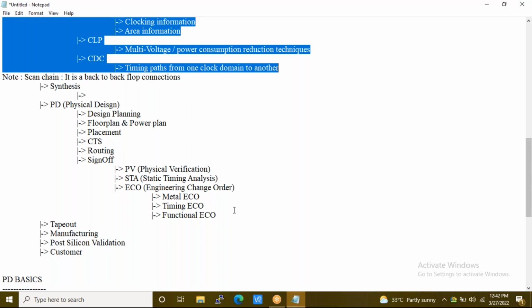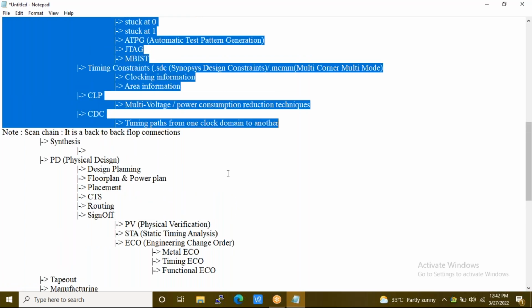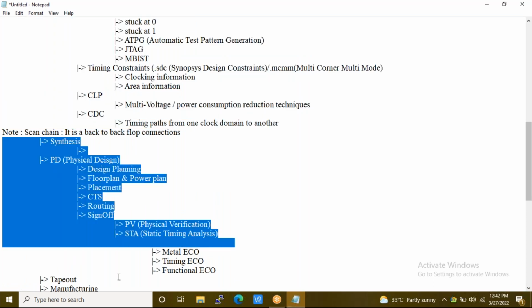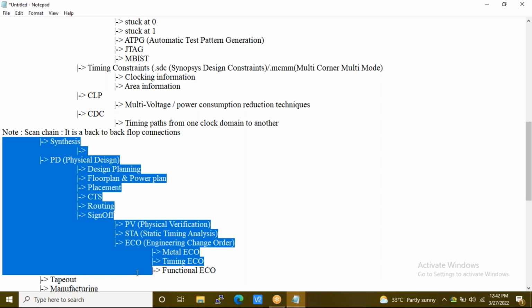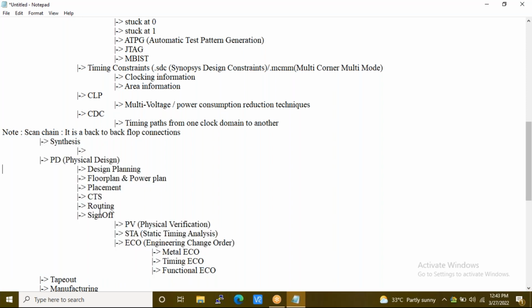Now we are going to see the backend flow. When we discuss backend, a few will say from synthesis to STA is called backend, and a few will say PD is the backend.